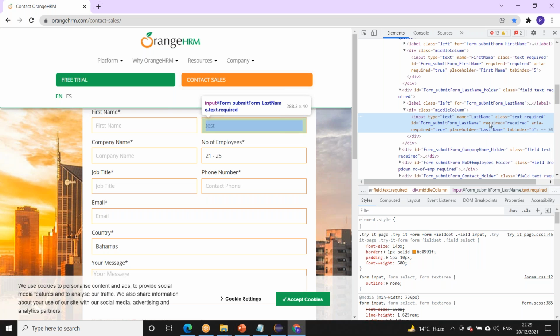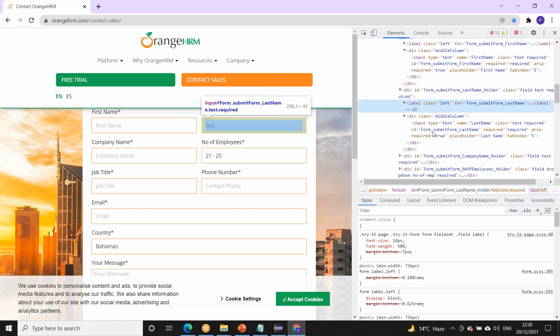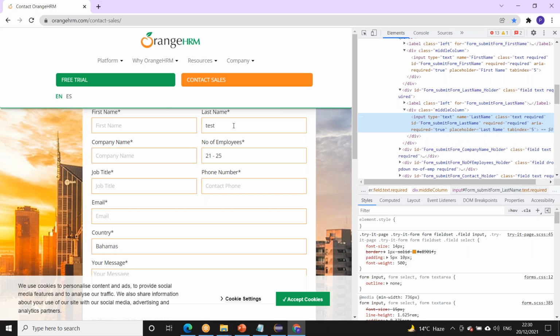In an office, an employee ID is unique; each employee will have a unique ID. Similarly, on a page, each element can have an ID or not. Not all elements will have an ID. This label doesn't have any ID, but this one has an ID, so I will take this ID.